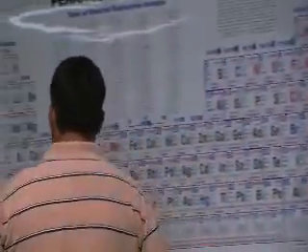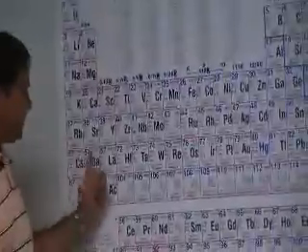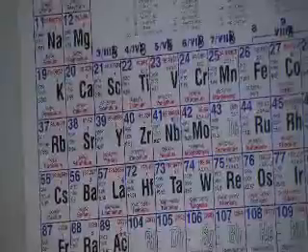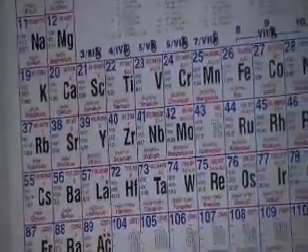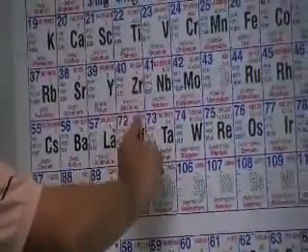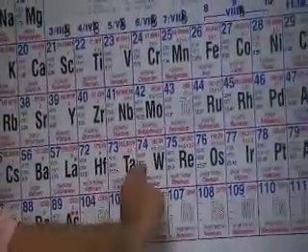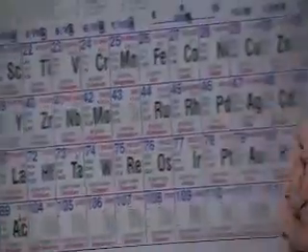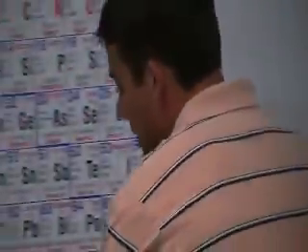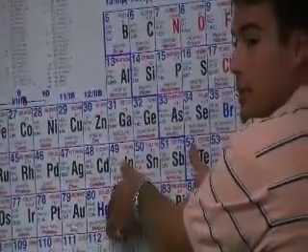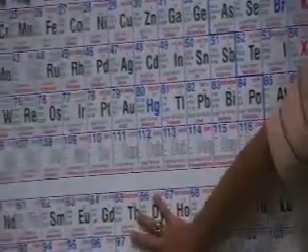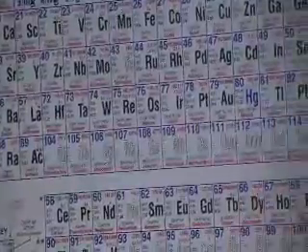Take a look at this one. This goes from 56, 57, 72. Wait a minute. Well, where's the 58? There it is. So really, if you were to look at the periodic table, and you were to take these two rows right here and put them on a roller, so you could roll them out that way, now these two rows would be over here somewhere. And then you could take and lift this up. Does that make sense? So are these things metals or non-metals? They're all metals. So most every